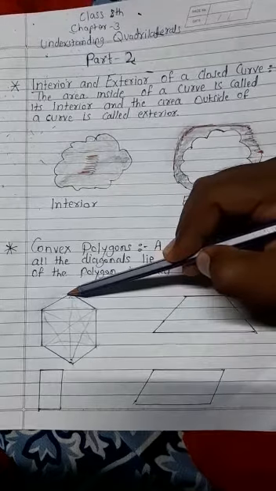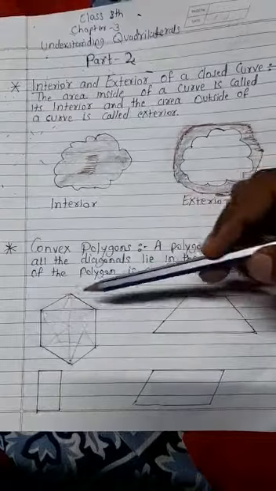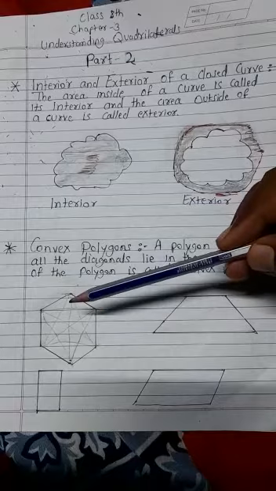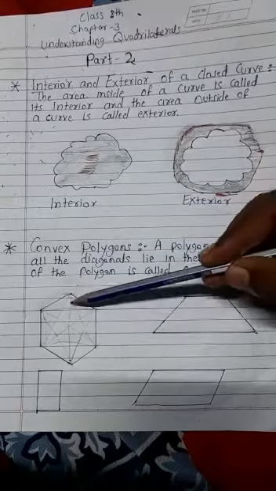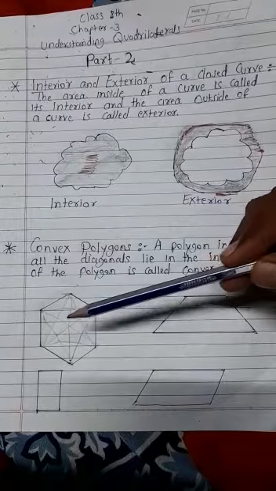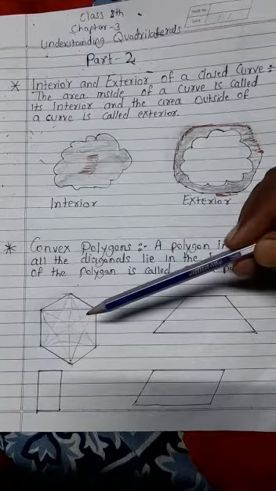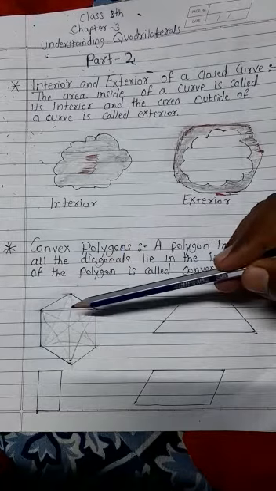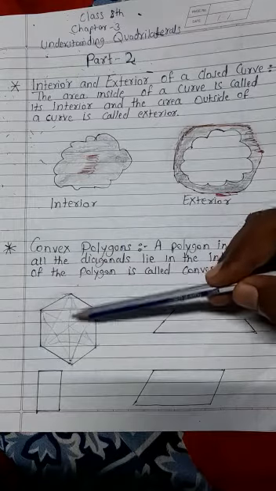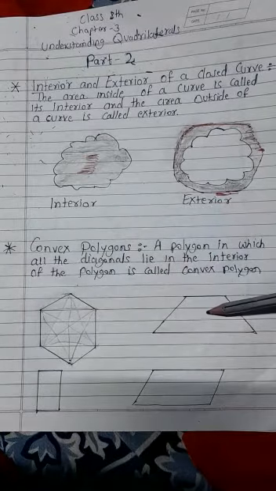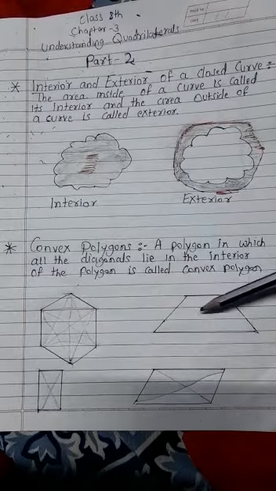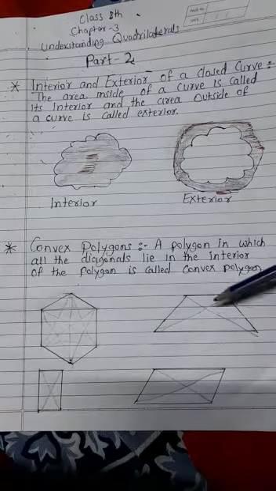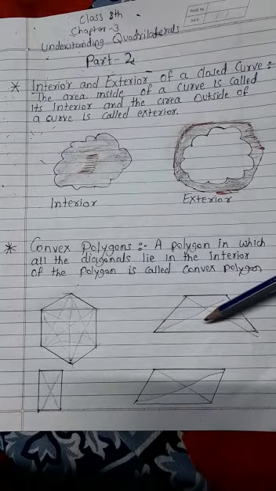So this is how you will get all its diagonals. You will find that all its diagonals are lying in the interior of this polygon. See here. Such polygons are called convex polygons. That means whatever the number of diagonals it has, all the diagonals will completely lie in the polygon. You can see for this figure also, you draw its diagonal, it's also lying in its interior, right?